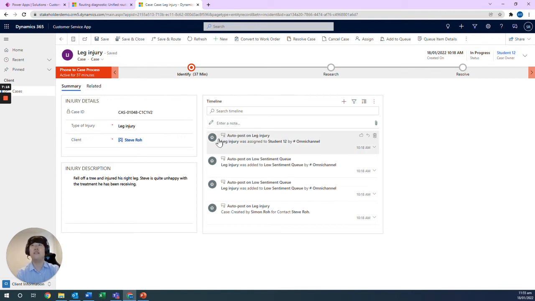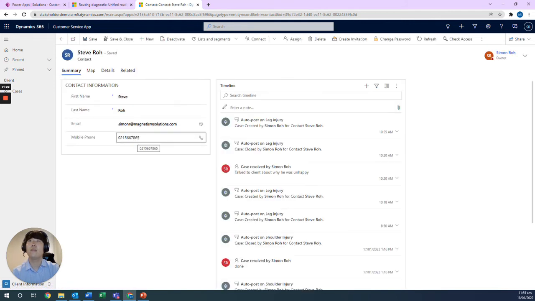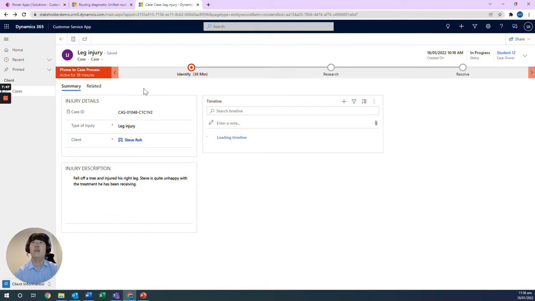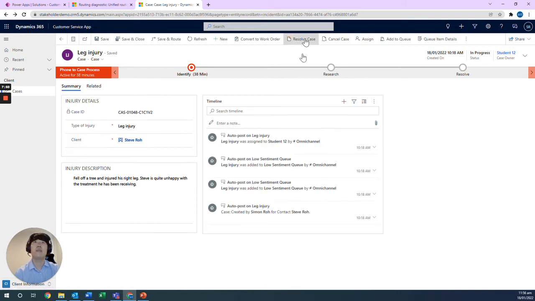And from here, what student 12 would do is go into the client's record and have a phone number or email, quickly press the email or the call button. Most likely in this case, we would want to call the client. You would press the call button, discuss with him why he felt unhappy about the treatment he has been receiving, discuss all that, and then once that has been all discussed and arrangements have been made for maybe a different treatment provider or something like that, you can go back to the case, resolve the case, and say